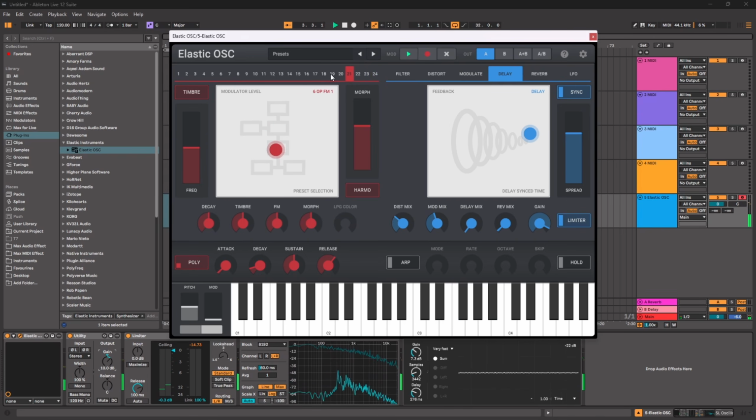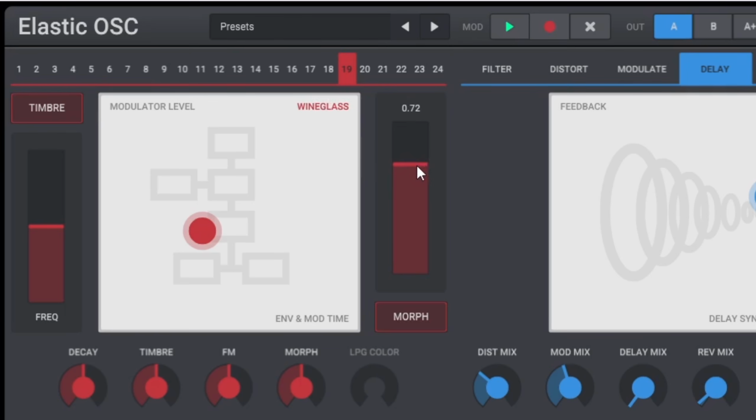But the one I want to show you is, if I can find it again, in the FM engines. You've got 3 of them. This is number 1, and then you've got number 2, and also number 3. These all have presets, and those presets are controlled by this control here. However, you have to be careful. So let's go to our FM 1, which is number 19. And you see, I'm moving through, but I'm on morph. If I'm on harmonic,